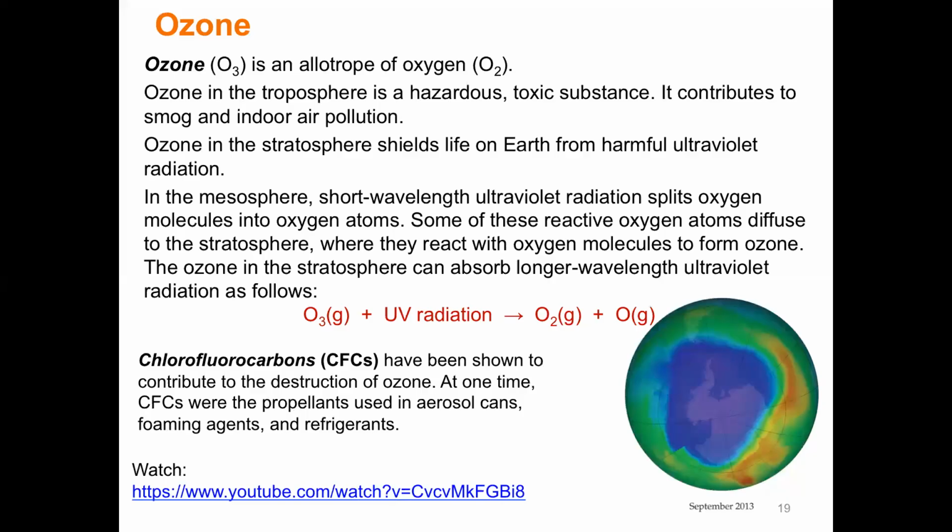And how does that happen? Well, in the mesosphere, remember, the light is going to come through the mesosphere. Radiation is going to help split those oxygen atoms. We already went over this, how this happens. All right, so some of that reactive oxygen is going to interact with oxygen gas, and you're going to get ozone.